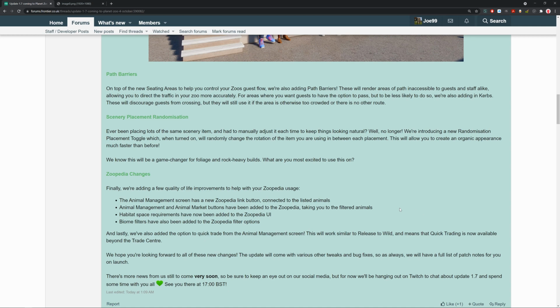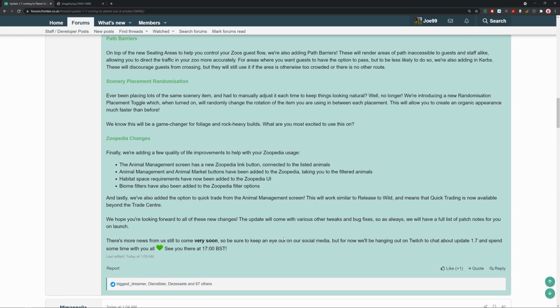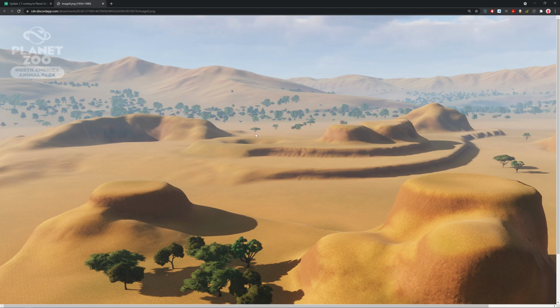And we hope you're looking forward to these new changes. This also comes with other tweaks and bug fixes, so as always we have a full list of patch notes for you on launch. And there's some news coming. This was a stream that they did yesterday. Well, technically for me it was today. What they did was just draw a beaver and they were teasing, and there's a little leak here that I'll show you. So this was accidentally posted first, but it seems like we're getting a North American animal pack, and